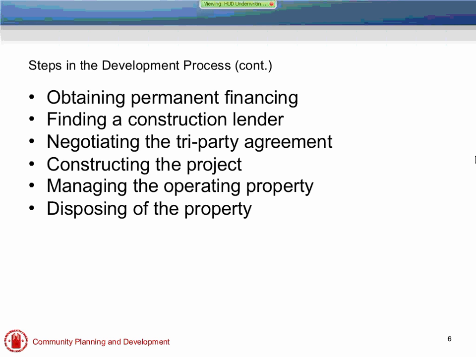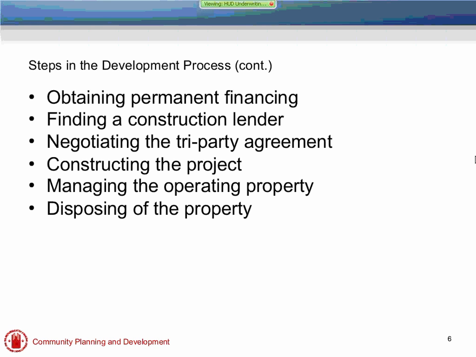Then managing and operating the property. Depending on the type of property, again, we talked on the previous slide about how important the property manager is. So depending on the type of project, if you're building a project that has supportive services, definitely having an experienced service provider and case managers on the project is going to be important. If you're building an assisted living facility, making sure, again, that there's an experienced service provider for the type of property and that can continue all of the operations and the compliance that go on during the operations phase.